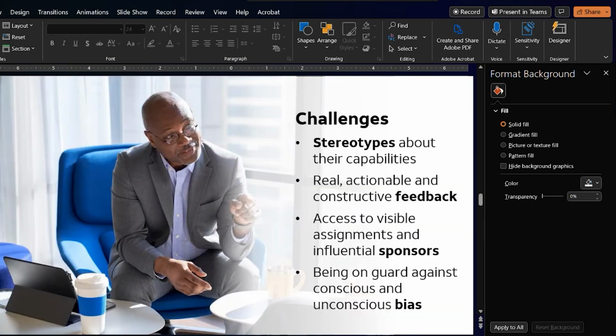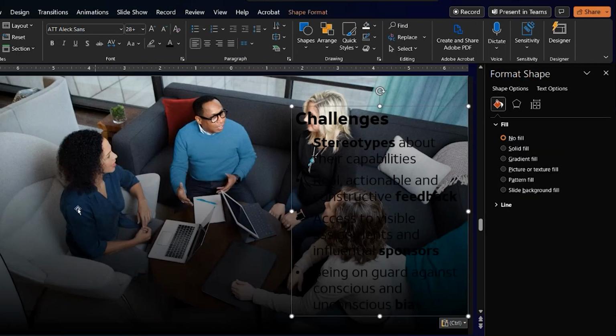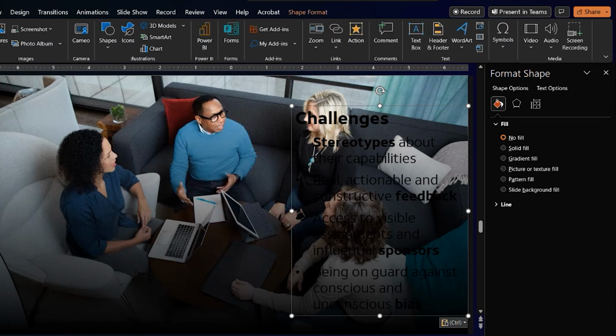And I'll show you another way. I'm going to borrow this text from our previous one and bring it in here. I'm going to show you how to create a table. Sometimes I like to present this same information that's in a vertical list in a horizontal way. So I'm going to insert table,